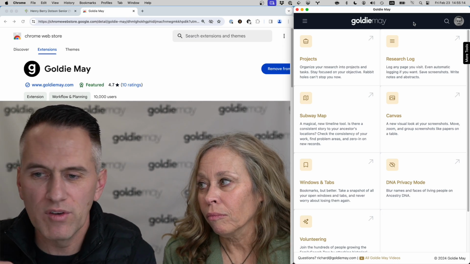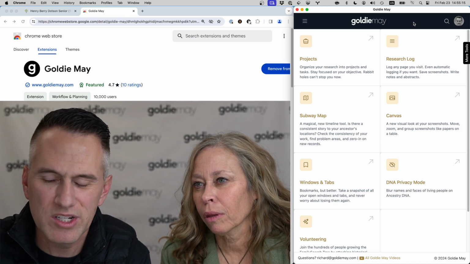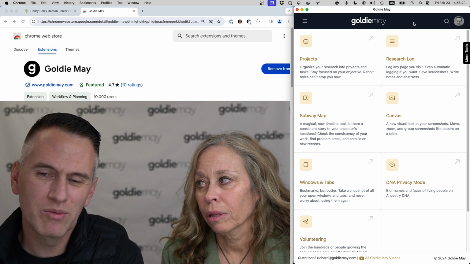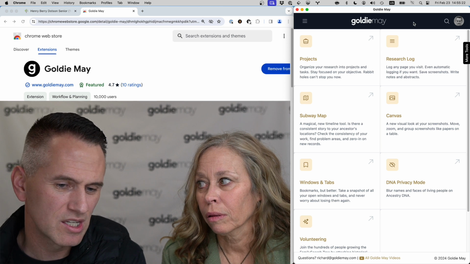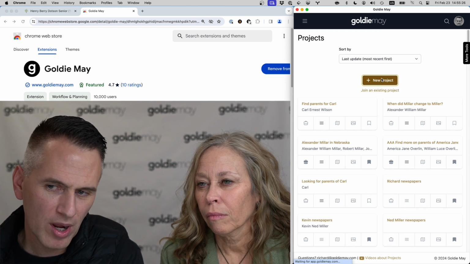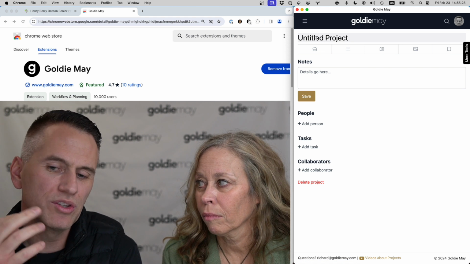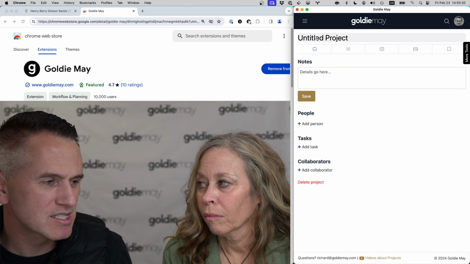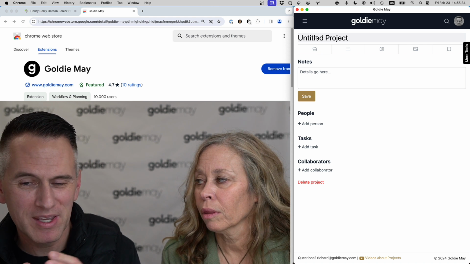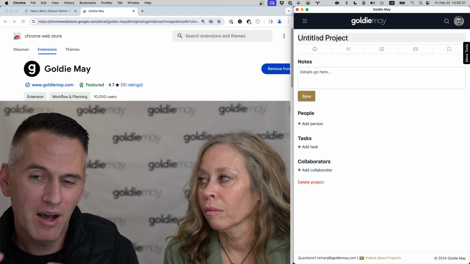As a free user of GoldieMay, you'd come in and see projects, research log, and then not everything on this menu will be available to you, but the projects and research log are the main tools for organization in GoldieMay. So you can come into a project and say, I want to do a new project, and you start to put in the title, notes, tasks, and have a place to organize all your research you're doing. So this might be by family line, or it might be by the client work you're doing, but it's saved